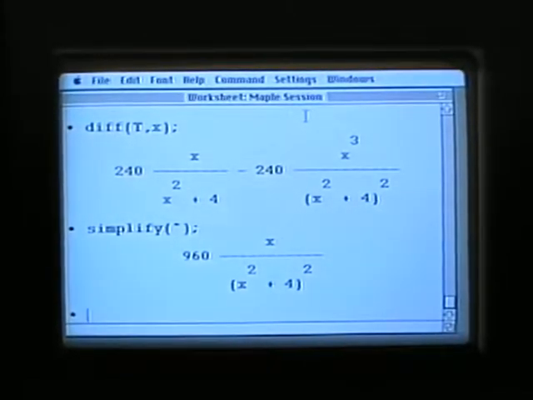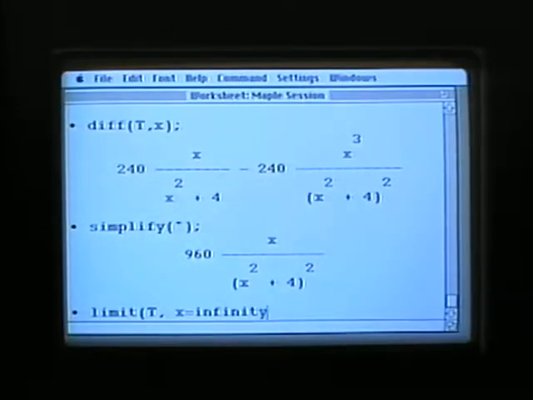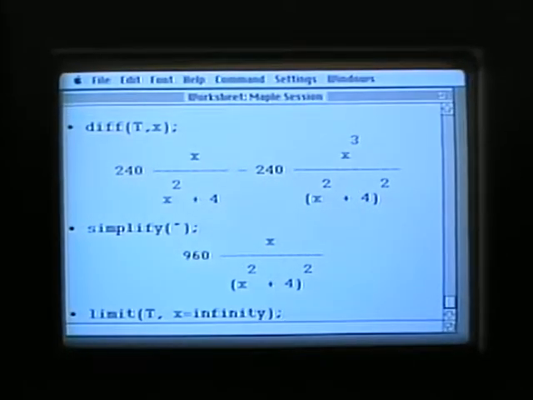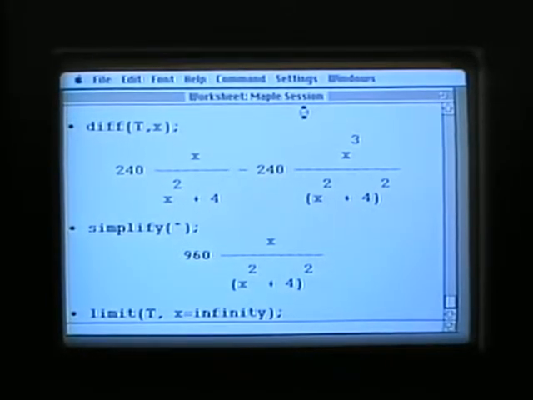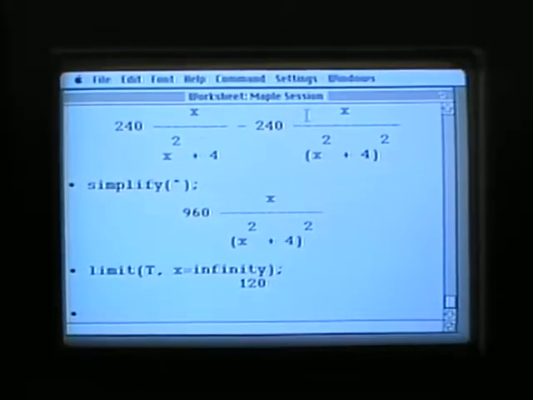Now, once we've gone that far, we might want to say, gee, what happens to this particular function as x gets large, approaches infinity, and this is the way you would write a standard kind of idea that's available in our course. What's the limit as x goes to infinity? Here, we come up with an answer. It's 120, so you can get both symbolic kinds of answers and numerical kinds of answers with Maple and other computer algebra systems. Well, at that point, we have gone through a number of symbol manipulation kinds of things.